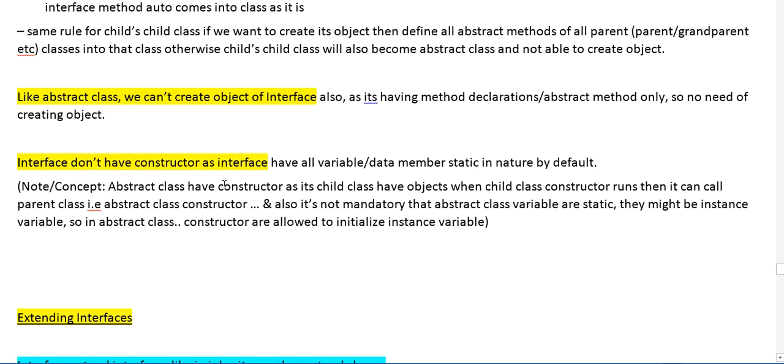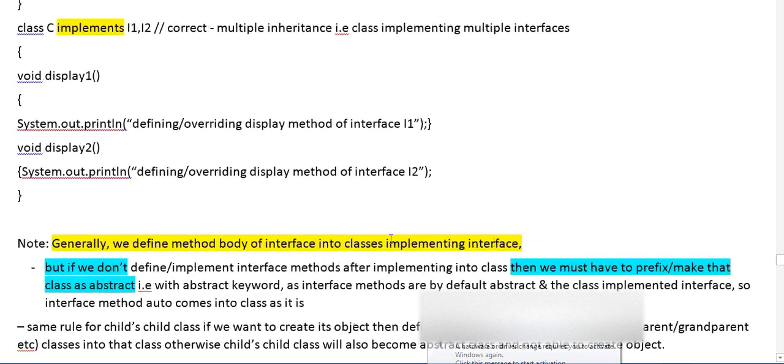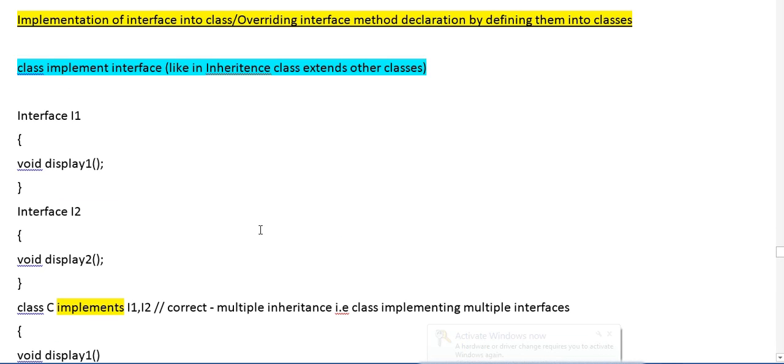The abstract class has a constructor because its child class has the objects. When the child class constructor runs, it can call the parent class constructor also. And in an abstract class we have instance variables, so we can use the constructor to initialize those variables. But in an interface, our data members or variables, as we have already discussed, are static in nature.